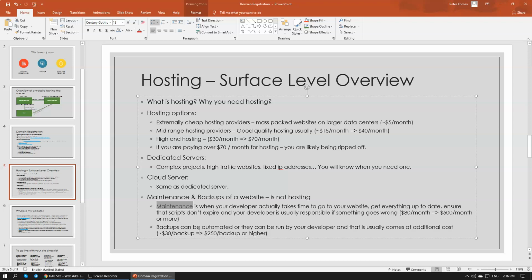Nobody is actually going in there and looking at what scripts things are running at. And by the time the website crashes, they try to get it back up and running. They cannot, because all of the scripts have not been maintained,